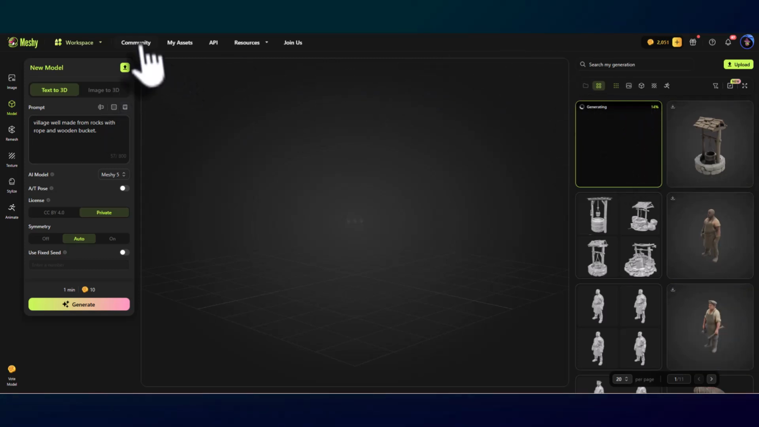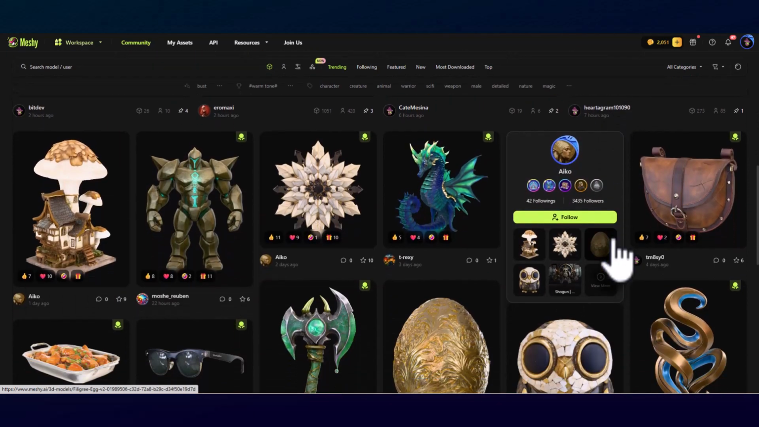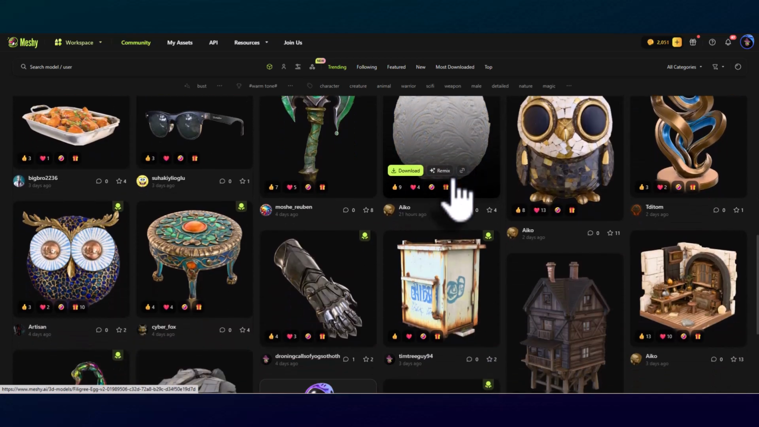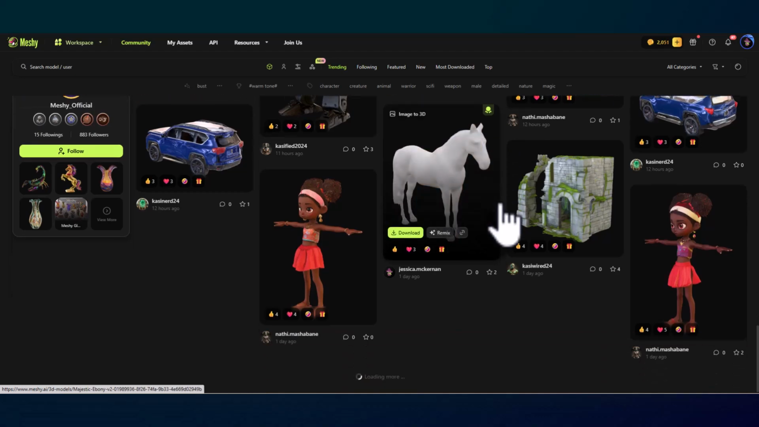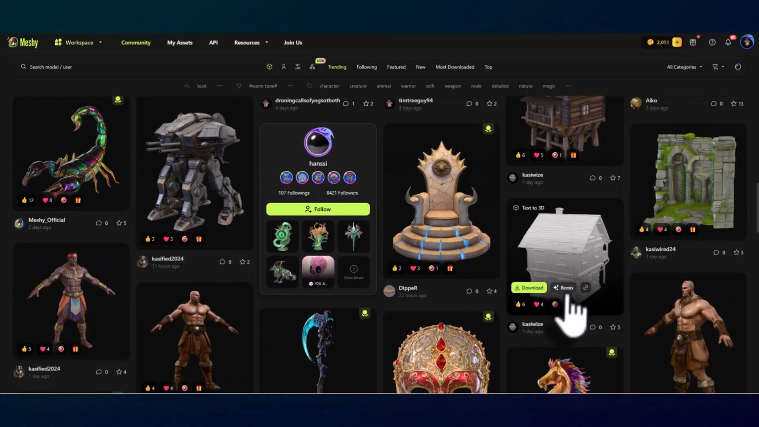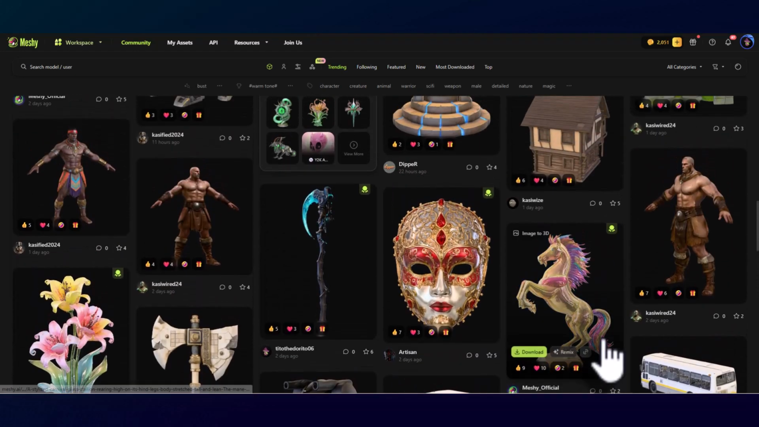While this is generating, I'll go over to the community. You also have a huge community where you can go into these and see what their prompts were. A lot of times, people allow you to download what they've created. Some nice-ish houses. My opinion,